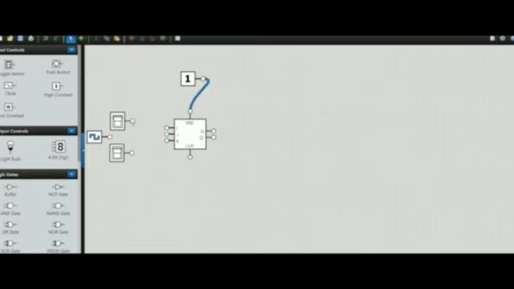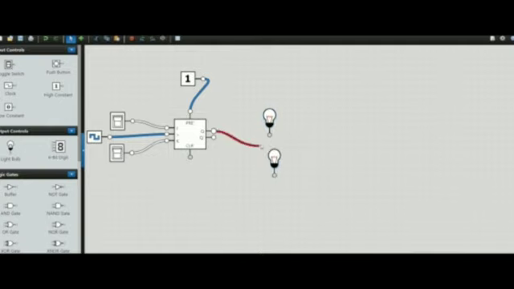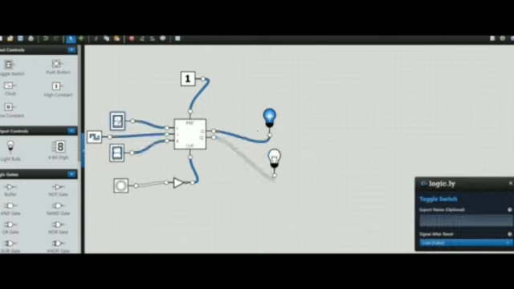Now moving on to the JK flip-flop. For that we will need a high constant, 2 toggle switches, 1 clock pulse, 1 push button, 1 NOT gate and 2 bulbs. Now I am making the connections and labeling them, and then by checking the truth table, if the clock pulse is 0 and the input is 0 0, then the output will be 0. And if the clock pulse is 0 and the input is 0 1, then the output will be 0. Likewise you have to check for all. So this we call the JK flip-flop.